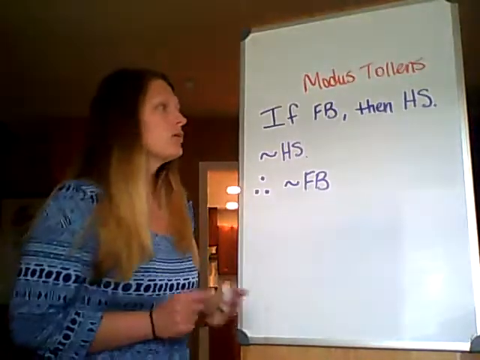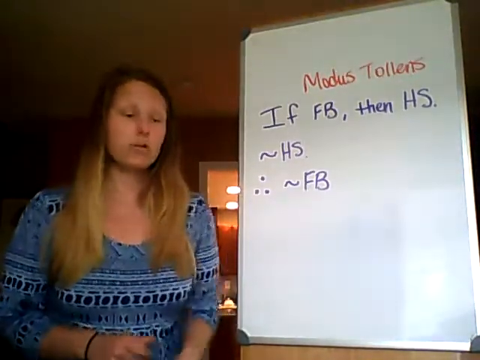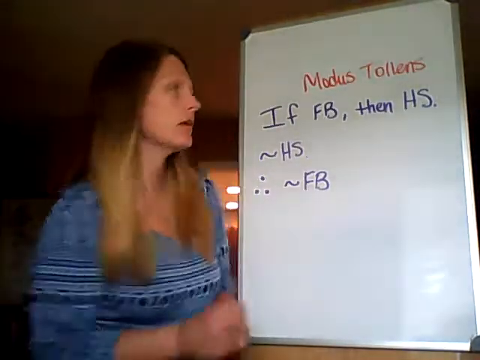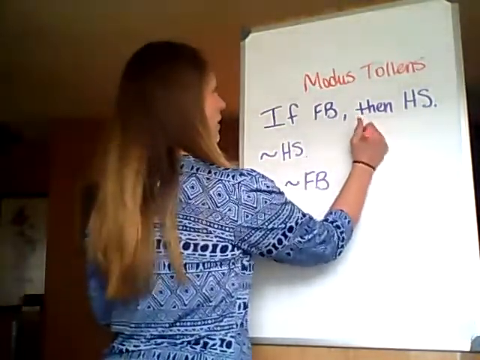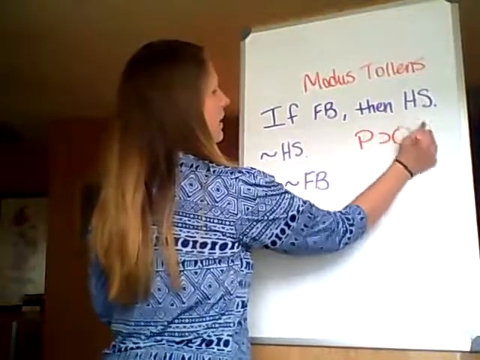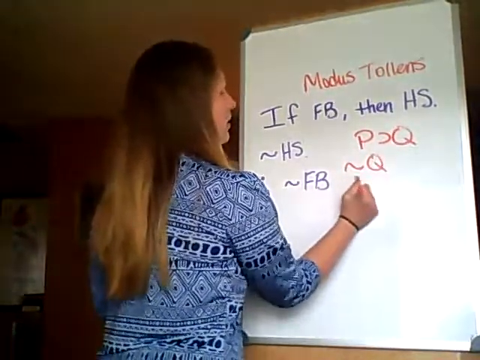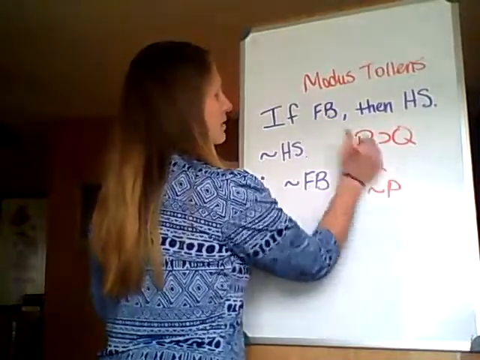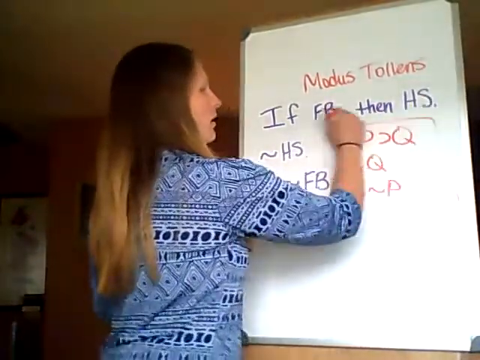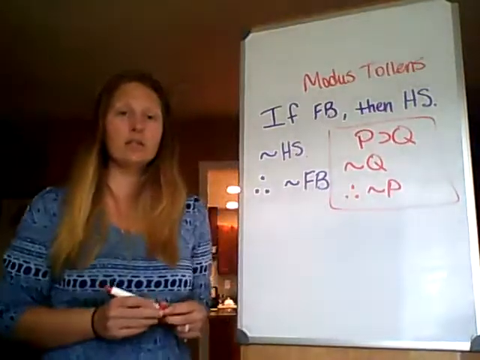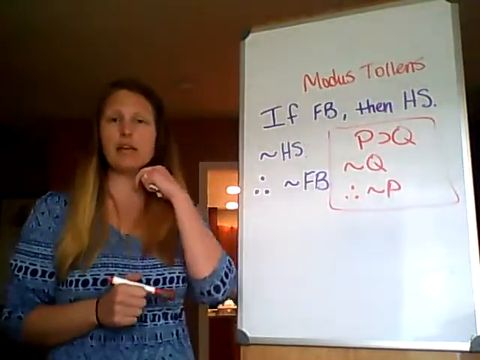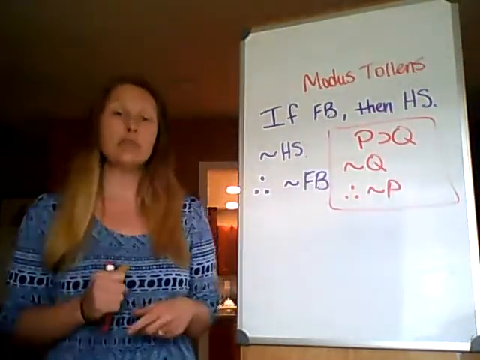And so I'm going to write down the abbreviated form of this argument using P's and Q's. So this says, if P, then Q. Q did not happen. Therefore, P must not have happened. So this is called modus tollens, and I'm not going to tell you what it means because I want you to look that up yourself. It is Latin.